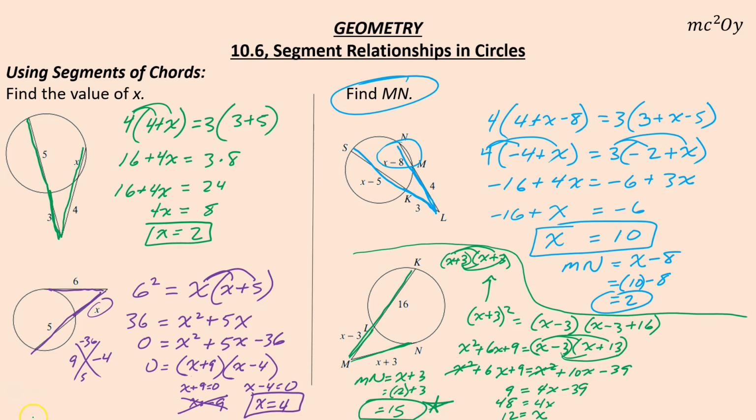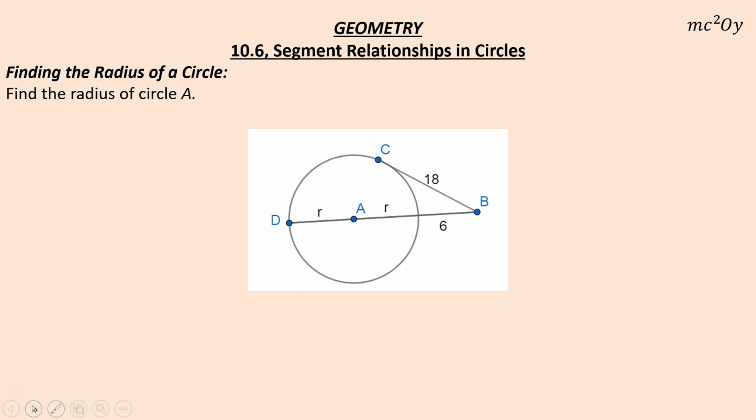All right. One last piece, find the radius of circle A. Okay, so using the same ideas, right? We got a tangent, so we still have 18 squared is equal to the external, 6, times the whole thing. Well, that's 2r plus 6. All right? So here we're going to have 12r plus 36